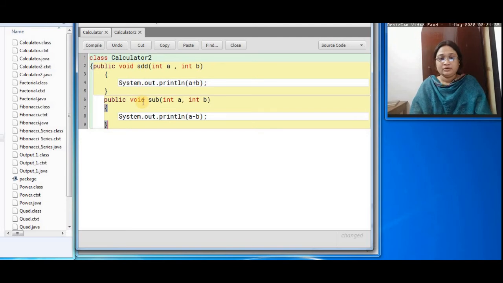Then we have written the subtraction function also. One more function is left, that is multiplication. So again we will write public void